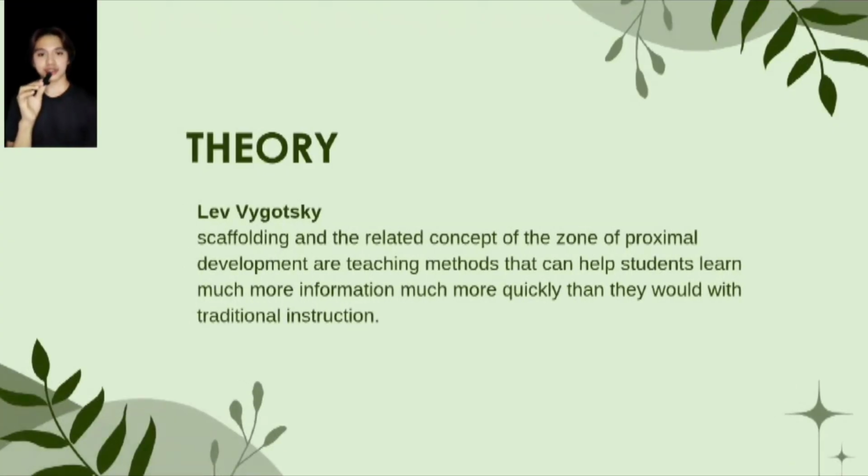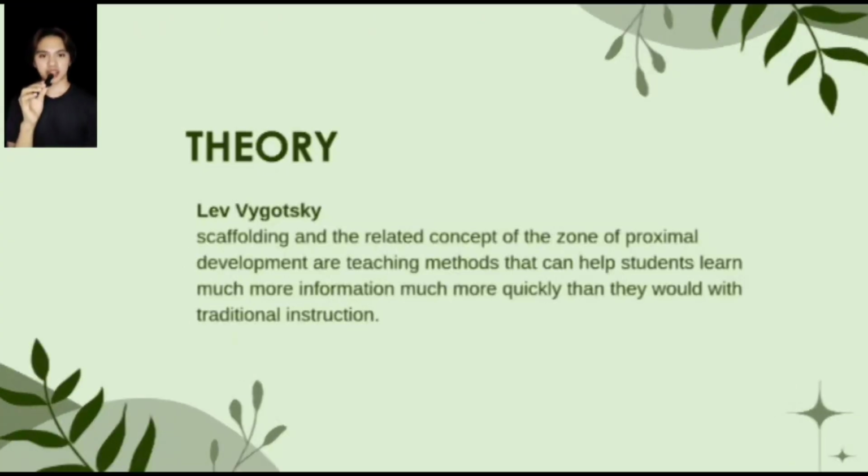The second theory is from Lev Vygotsky. He introduced the zone of proximal development, or ZPD. This means that there are things students cannot do alone but can do with the help of a teacher or a more knowledgeable person. For example, a student doesn't know the word "fragile," so the teacher shows a